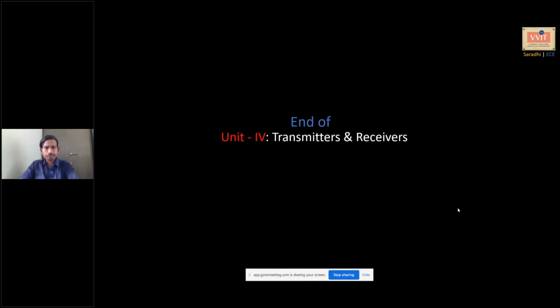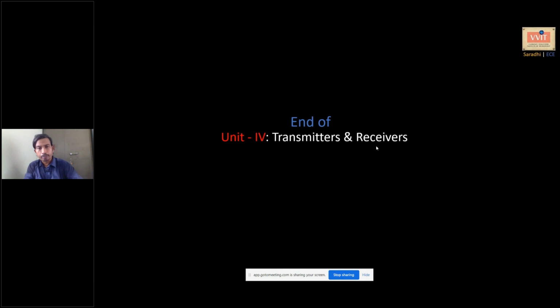So this ends the fourth unit, and we postpone the discussion on the next 2 units to the next session. Possibly there could be another session. So this is the end of this second session. We discussed the third and fourth units. The third unit is angle modulation. The fourth unit is transmitters and receivers. Pre-emphasis and de-emphasis are very important. Super heterodyne receiver circuits are very important from the examination point of view. Similarly, in angle modulation, wideband FM is very important.